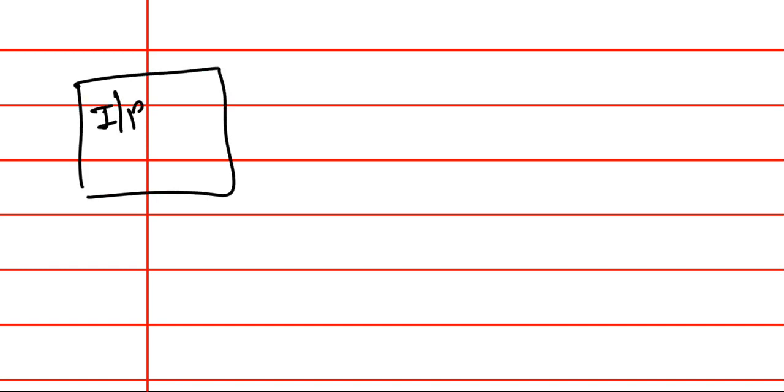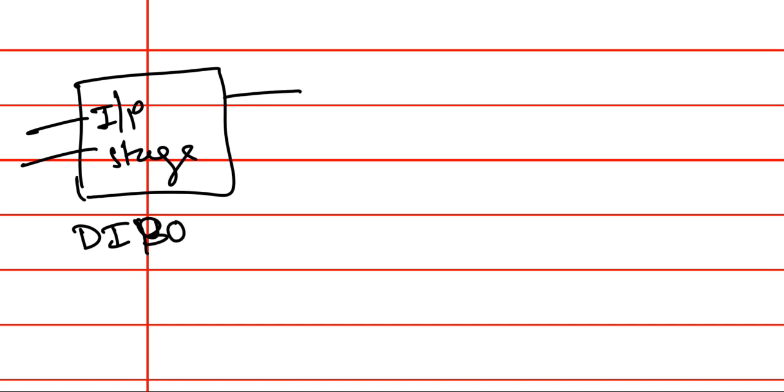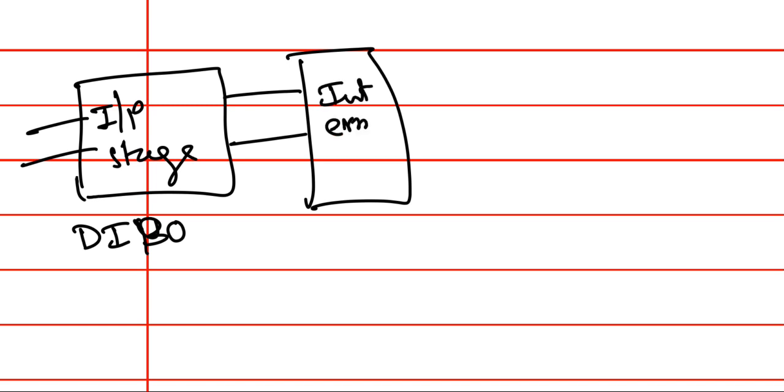So once again quickly we will revise the block diagram of op-amp. So first block is the input stage. What is there in the input stage? Dual input, balanced output. So balanced output, so two outputs are coming. Second block is the intermediate stage. So it is a dual input, unbalanced output. So unbalanced output, so we have just one output.